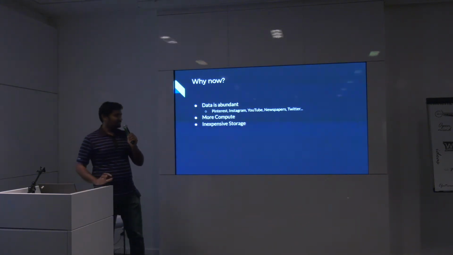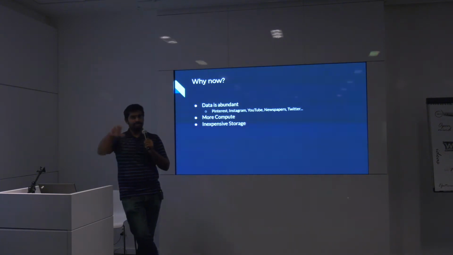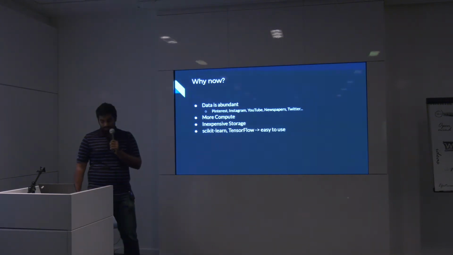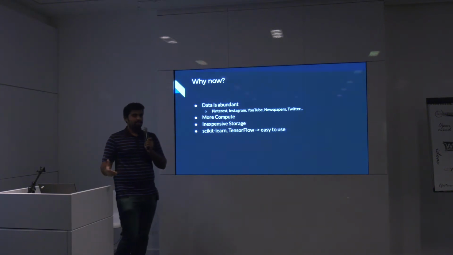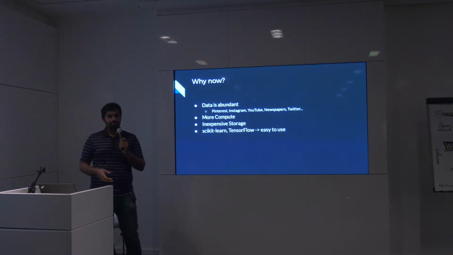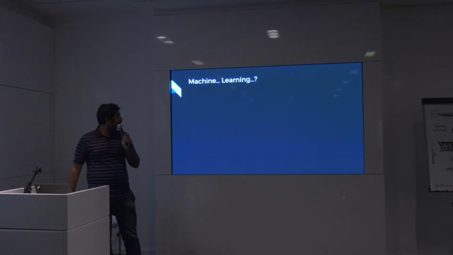And inexpensive storage. Back in 1950s, 5 megabytes of data cost more than $1 million, and it took the entire room to keep it in. But now 1 terabyte costs around 100 euros, and it fits in your pocket. So that's great for us. And you have libraries like scikit-learn, TensorFlow, PyTorch, which make these really easy to use. Earlier, you needed to read the papers, understand how it works, implement it on your own, then you have to debug it, so on and so forth. But right now, you could just call a function and get it over with.